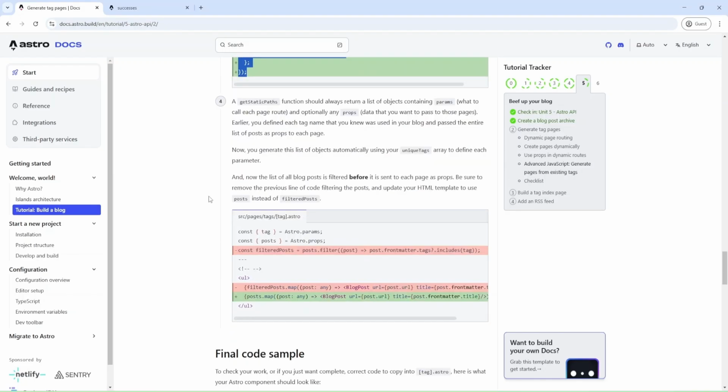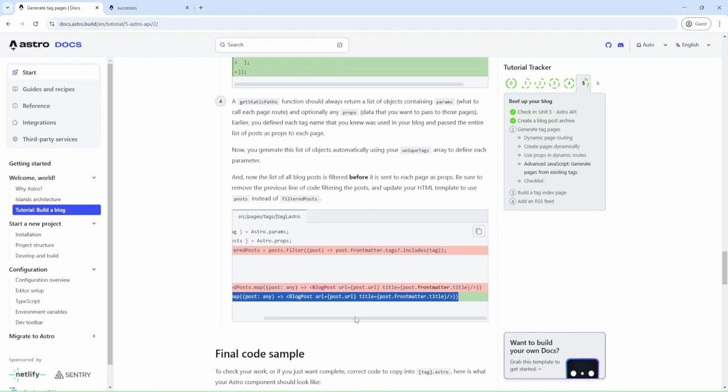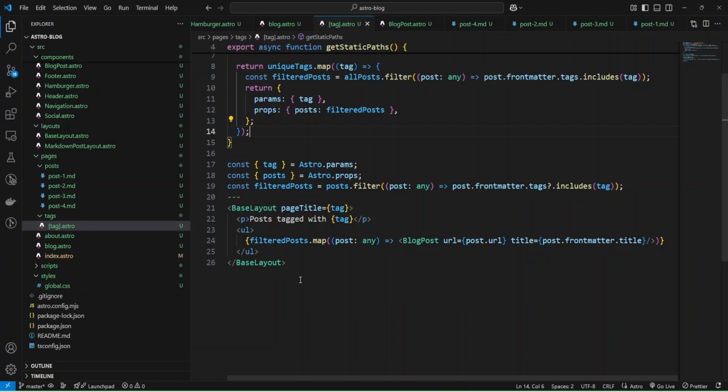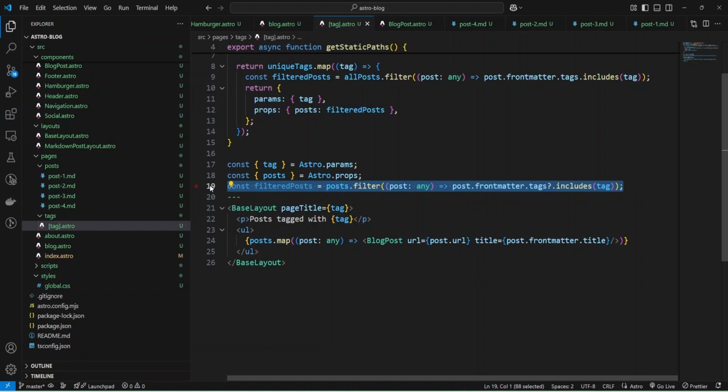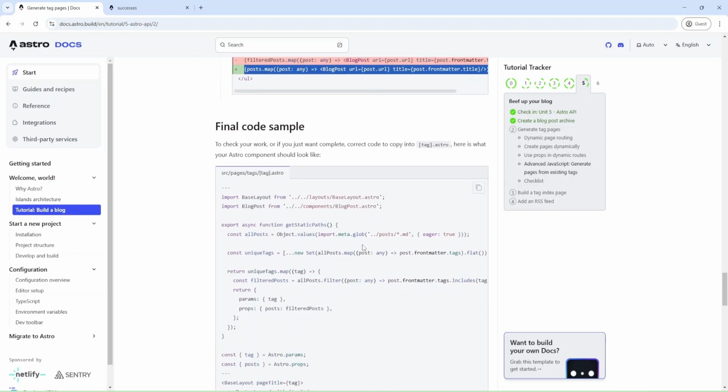Now we can replace filtered posts with posts from props. Okay, and let's do it. I'll just copy, and where we have filtered posts, I'll paste this code, and we can remove this. Okay, and let's check.